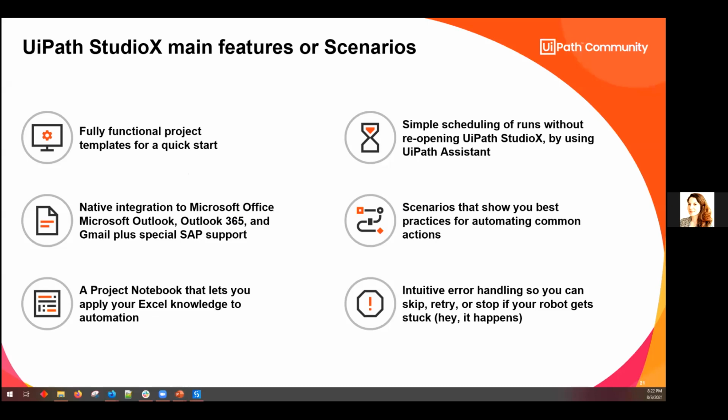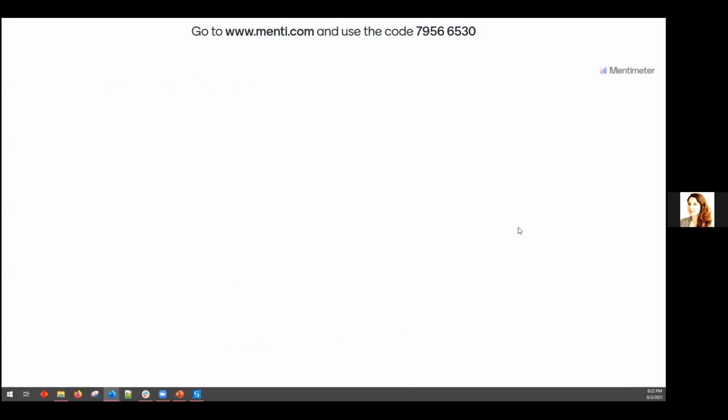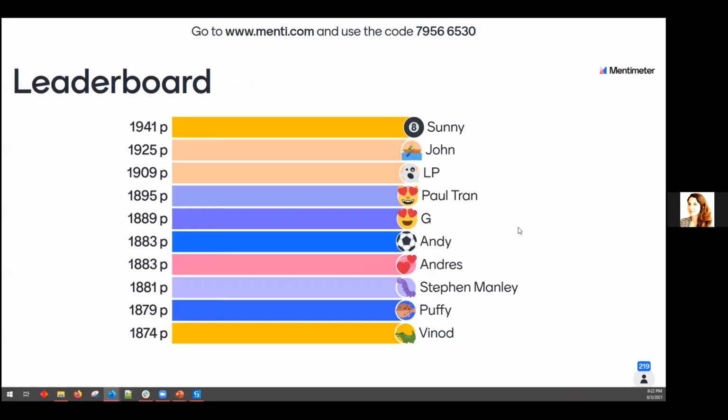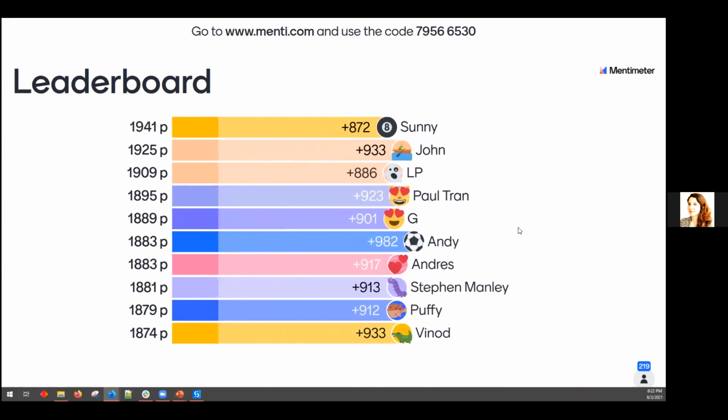I think for this question we have a very fair quota in the answer for the difficulty of the question and the StudioX part. So whoever got it wrong, don't worry. Yes, it was a bit of a difficult question because it was the last one. But by the end of this week, you're going to know everything there is to know about StudioX, especially after session 2. It's a very easy tool to use.